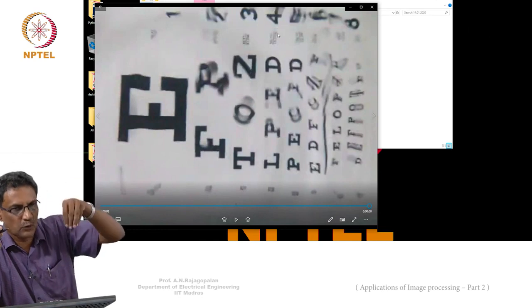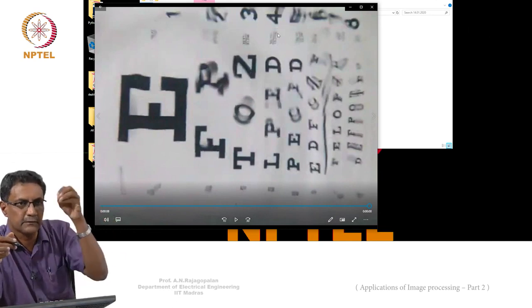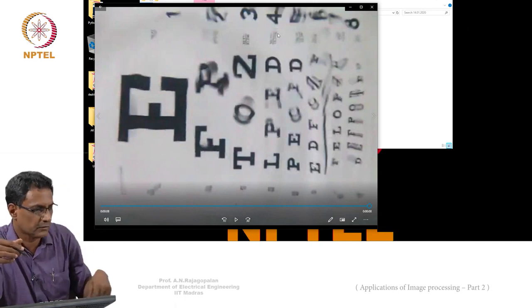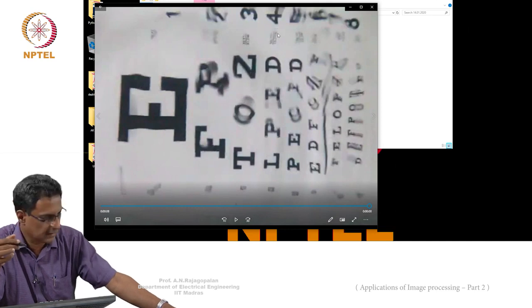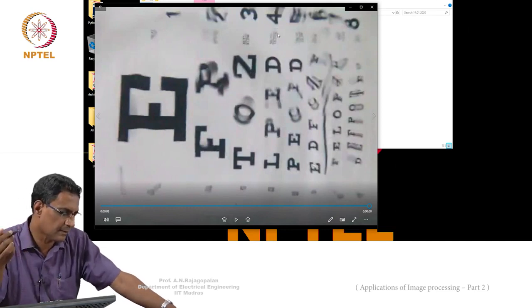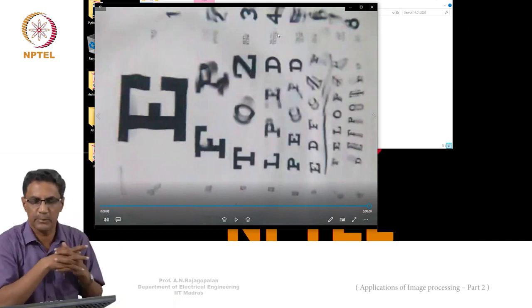So when there is water motion, even though the underlying thing is still, when there's flowing water, it will create what is called a skewing effect. And the idea is how do you actually de-skew and so on. That is underwater imaging. And finally, industrial applications are many, especially what is called inspection and so on.